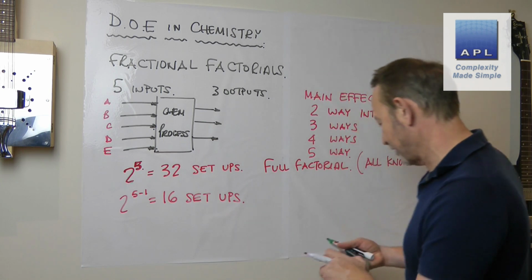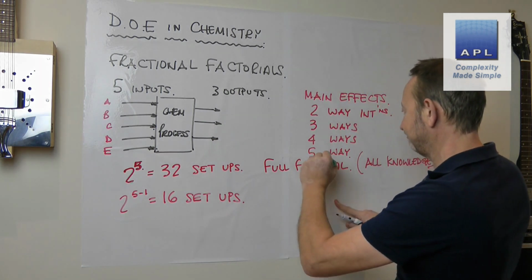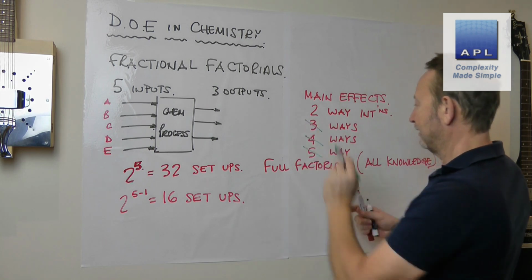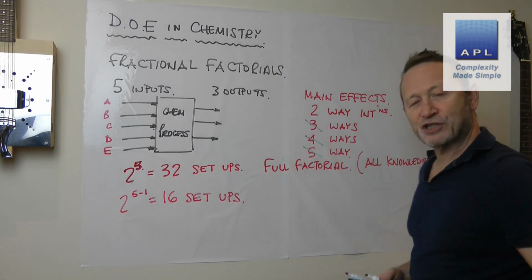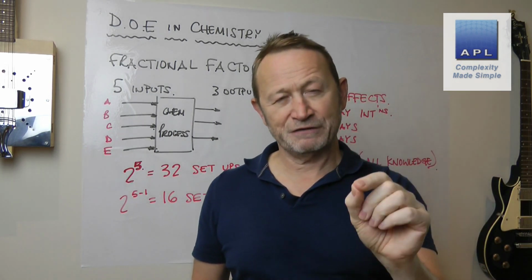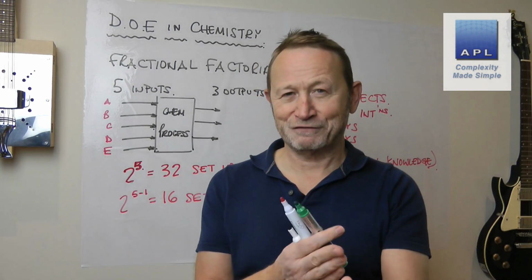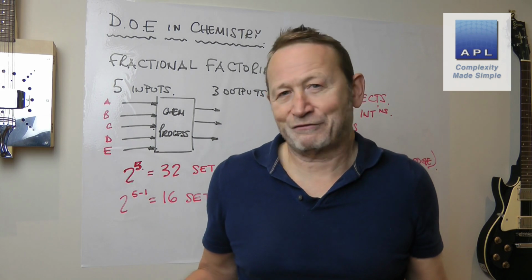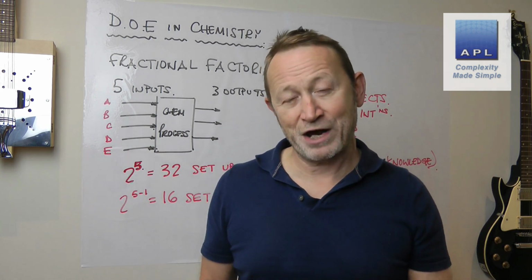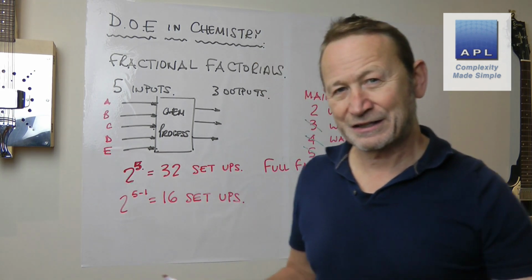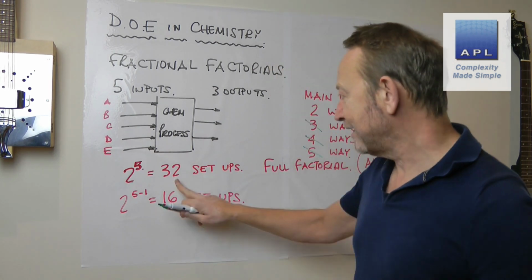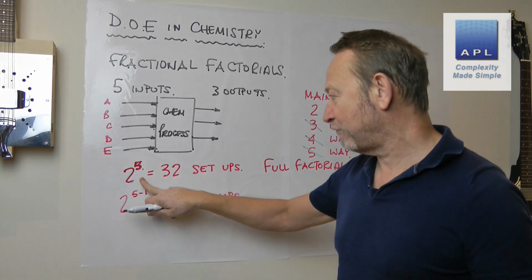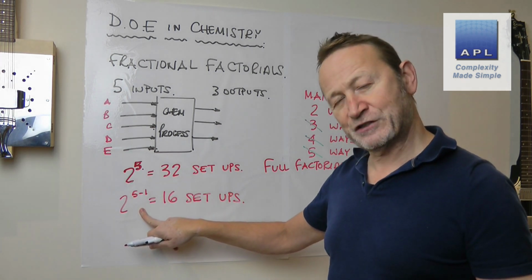So in 16 setups, what happens? I don't get the 3-way, the 4-way, the 5-way. I can only see 2 ways and main effects. Now in physics, that's okay, because in physics, you tend not to get 3-way interactions. They're very rare, very weak. In chemistry, 3 ways can blow your house down. So they did this DOE, the full factorial, not the physics